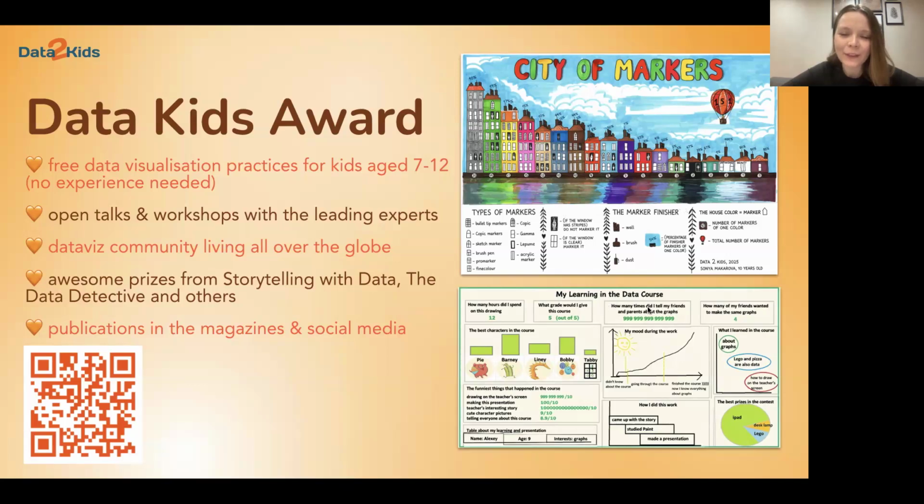And this is the Learning with Data course. As you know, we have a book, Christine and the Magic Charts, and we have a not really huge, but a big fan base who really love our pie chart, who love Barney, who love Liney and all other diagrams that live in the land of data. And they all helped Christine to fight the dirty data and save her father from the cage that the dirty data put him in.